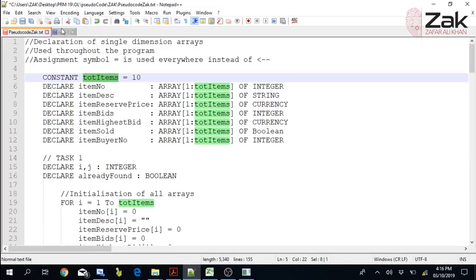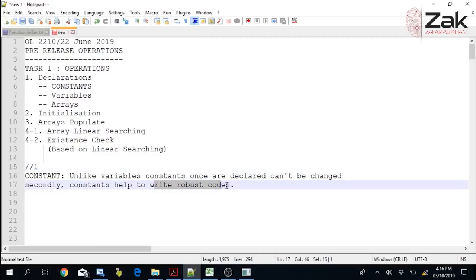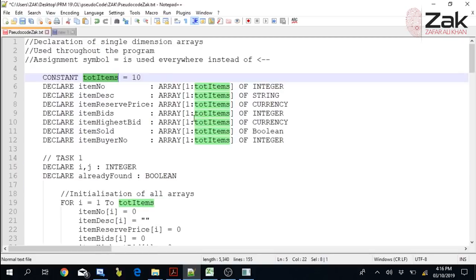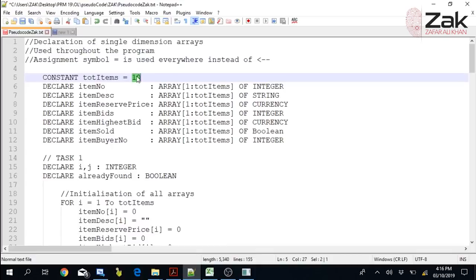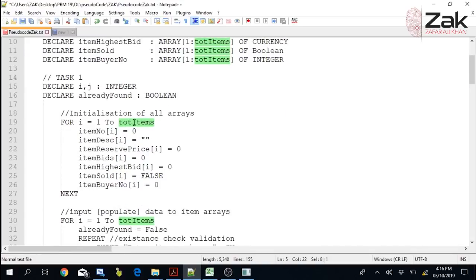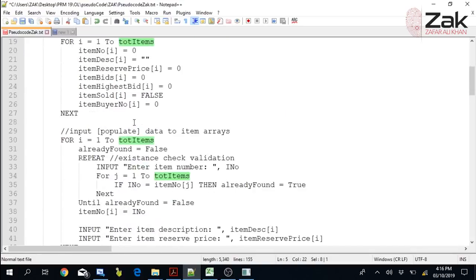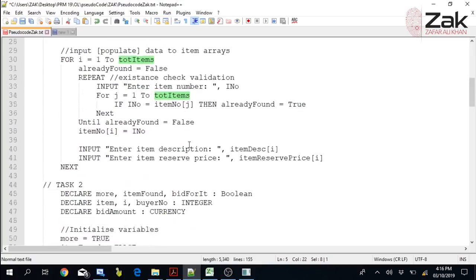I'm talking about this robust programming thing. How do these constants make this program robust? Cambridge might ask you during the exam that there are not 10 but 20 items. In that case, you would not have to visit all the places to make it 20, because this 10 has a significance: it will be the upper bound of arrays. It will be the upper bound for the loops. It will also be